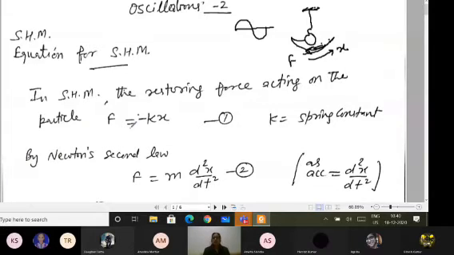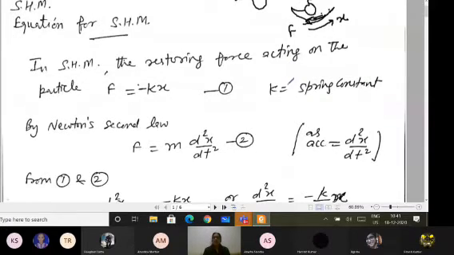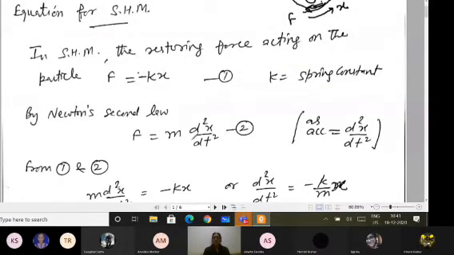So if this is the restoring force, which is equal to minus kx, the minus sign is simply showing that the direction of force is opposite to the displacement. Now by the second law, you know F is equal to m into a. I am simply talking about the magnitudes here, so I am not putting the vector sign. Newton's second law, m into acceleration, and acceleration can be written in terms of displacement, that is d2x by